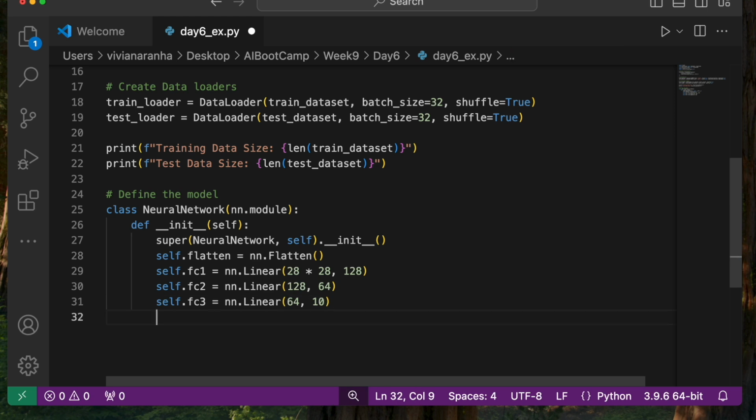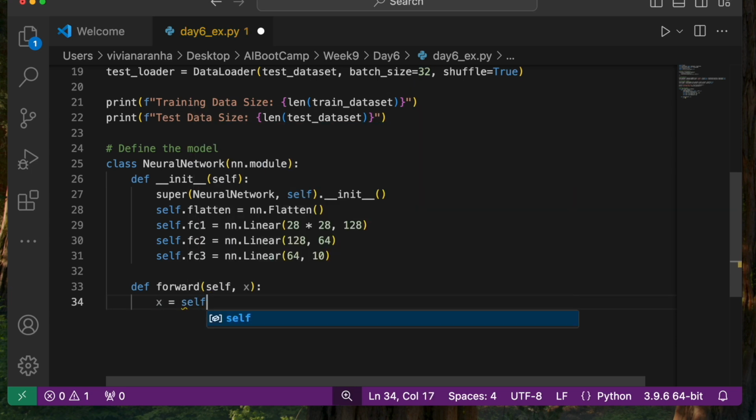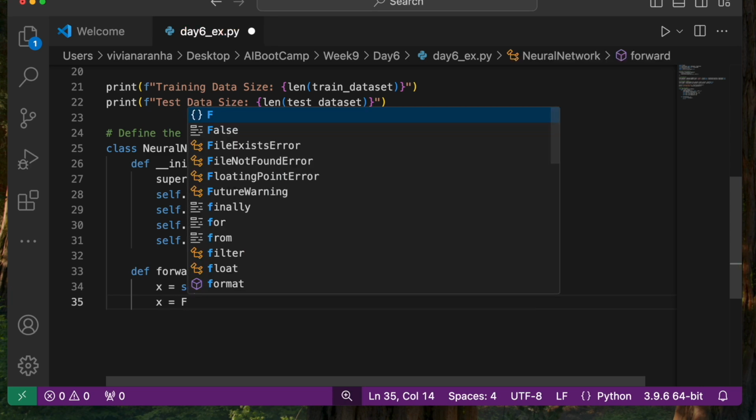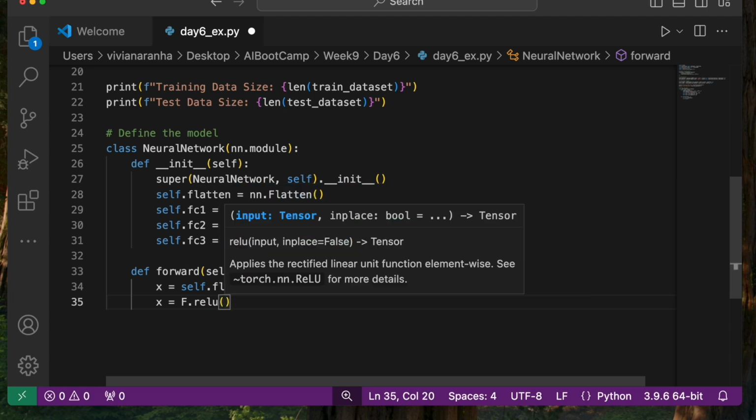Next, we're going to define, as I mentioned, the forward function. So I'm going to say forward(self, x) in here. This is for the forward pass, where I am going to say x equal to self.flatten, whatever that function above is, and pass x to it. Next, I'm going to say x equal to F.relu. As I mentioned, F is used for all the different activation functions.